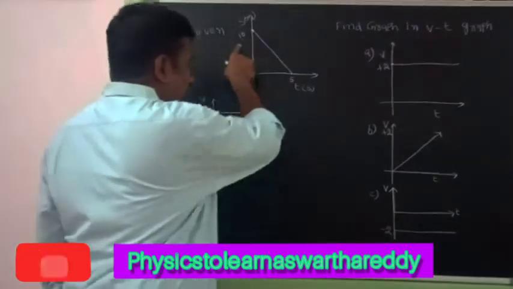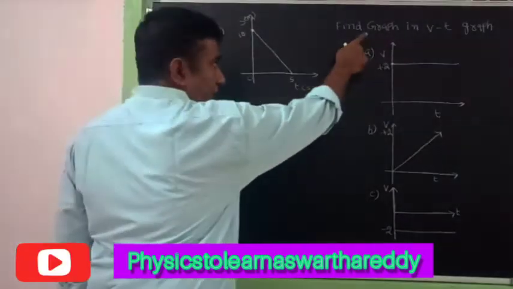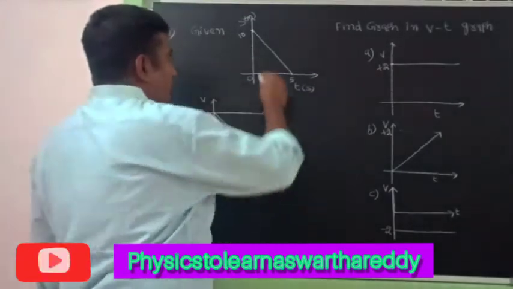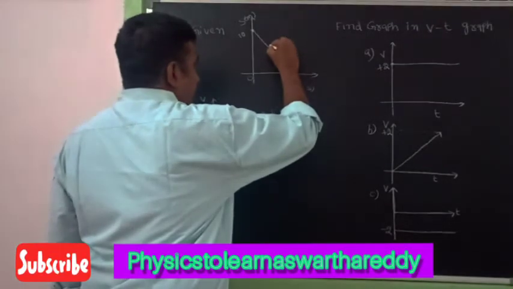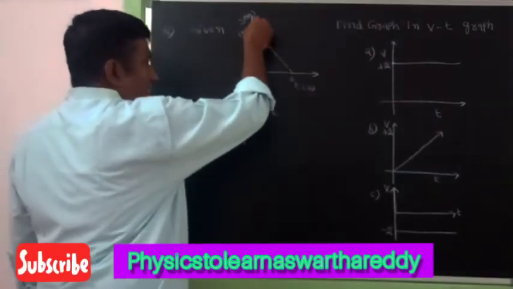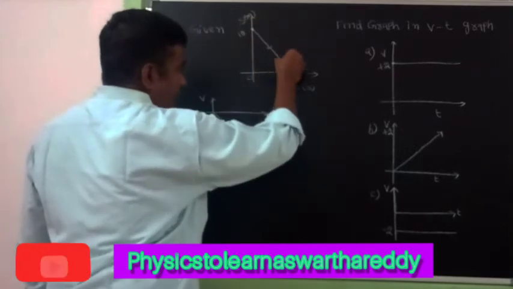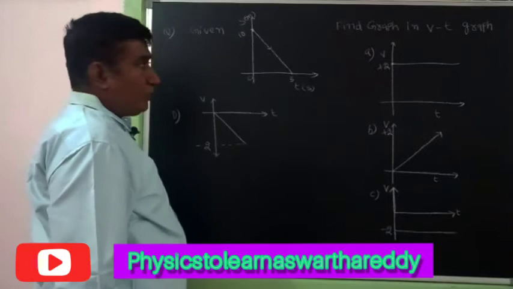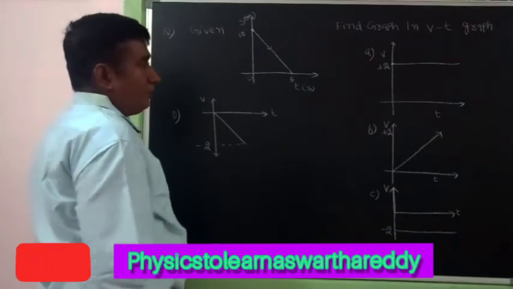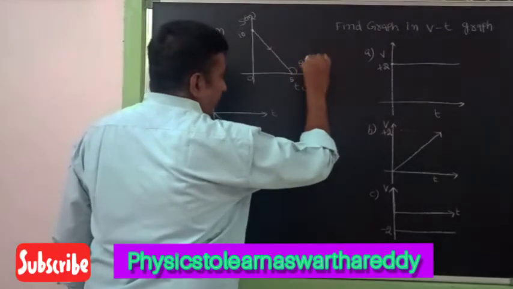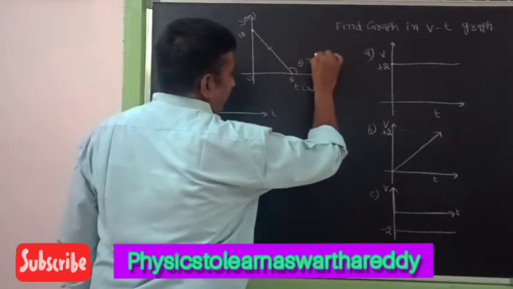Here they have given a displacement-time graph. We have to find the graph in terms of a velocity-time graph. If you observe clearly, you can understand that displacement is first 10, then it decreases, and then finally it comes to 0. So here the slope, theta, is greater than 90 degrees,